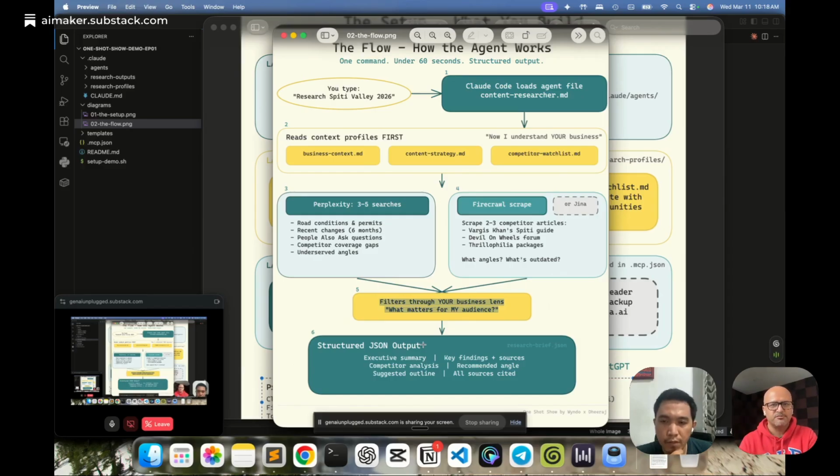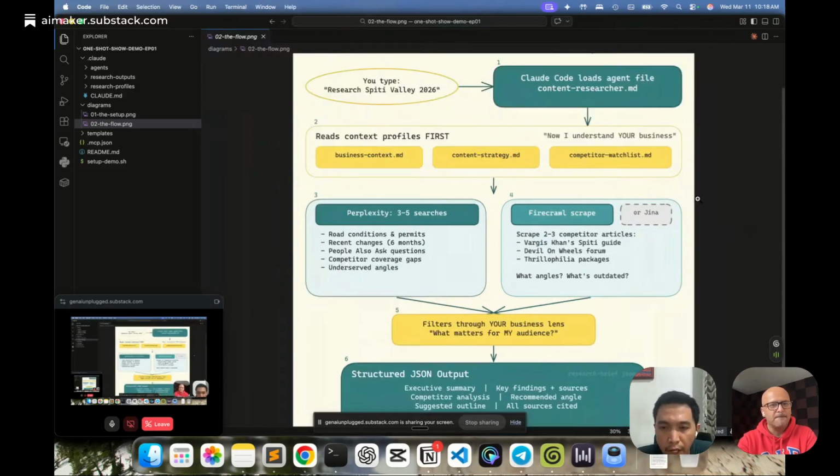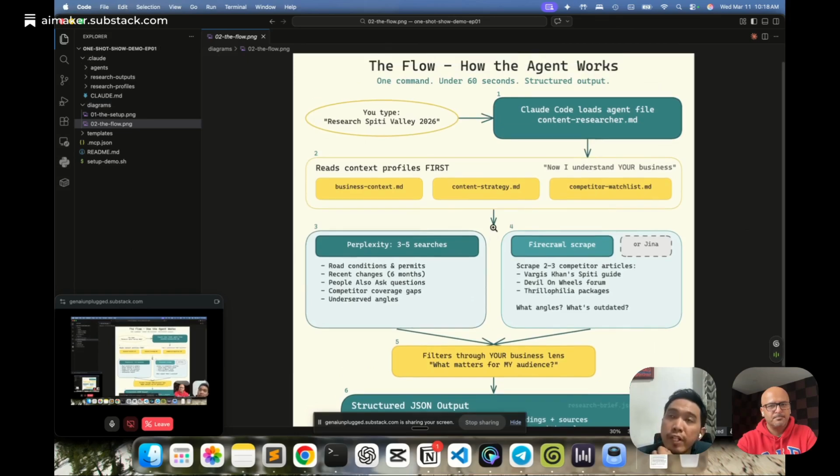So now with this flow, how the setup looks and how the overall flow works behind the scenes, let's see how the project looks, how the structure looks. Can I ask you one thing? So basically, Firecrawl will only scrape competitors' articles, right?